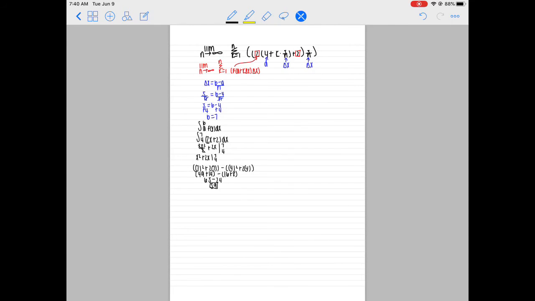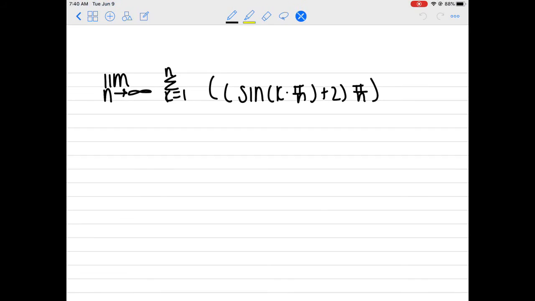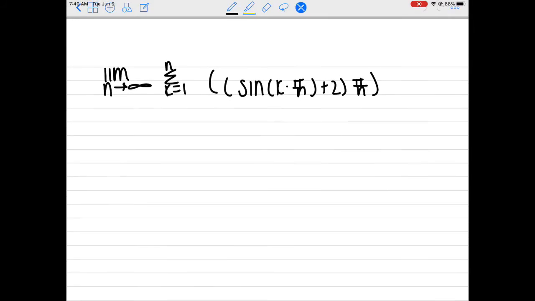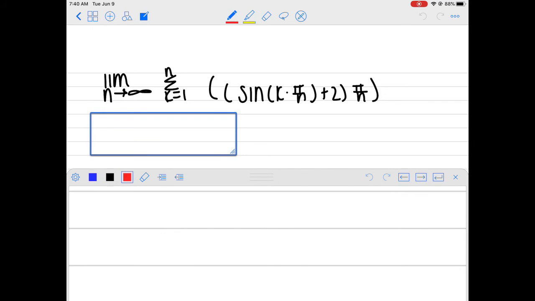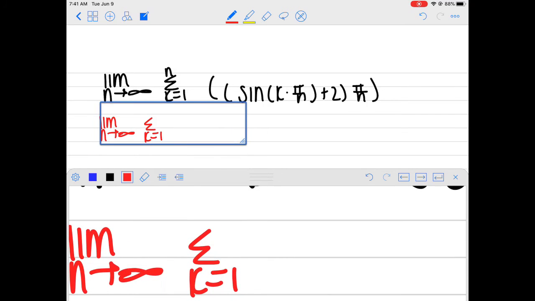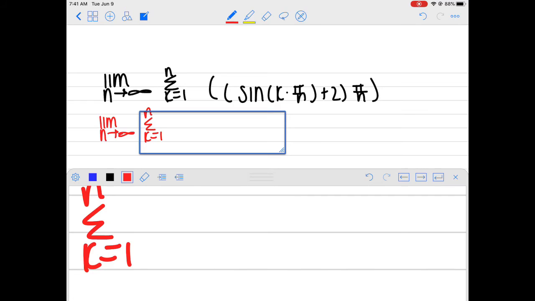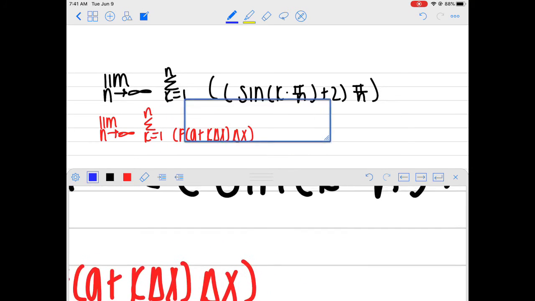And next over here with this third example, which is the limit as n approaches infinity of the sum going from k equals 1 to n of sine of k times pi over n plus 2 times pi over n. We are going to start by writing out the general formula as always, which is the limit as n approaches infinity of the sum going from k equals 1 to n, f of a plus k times delta x times